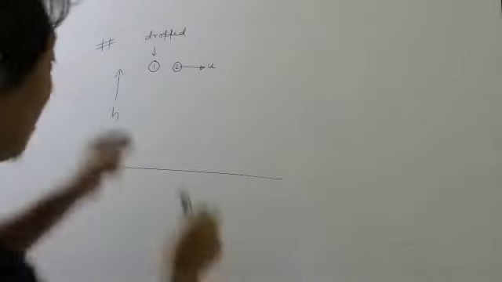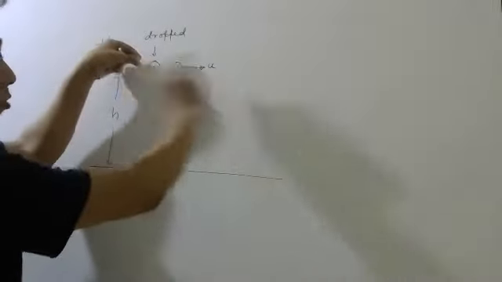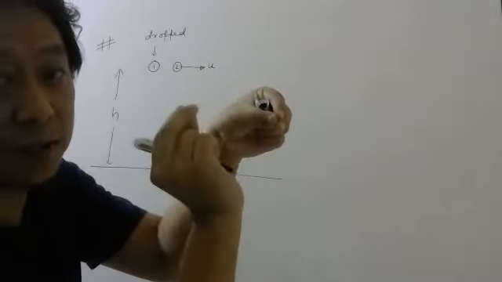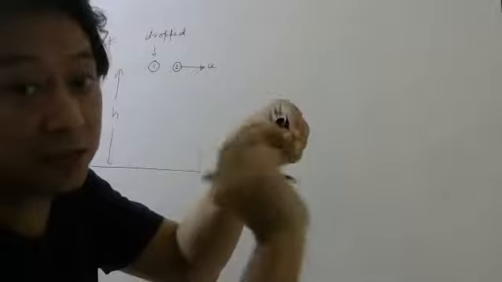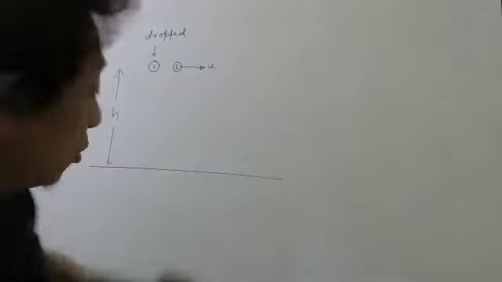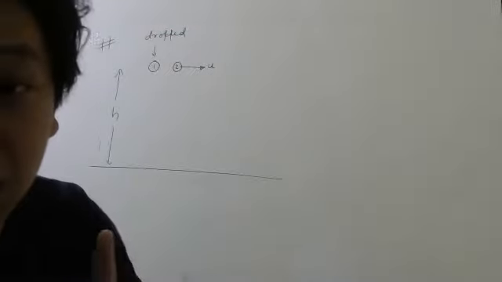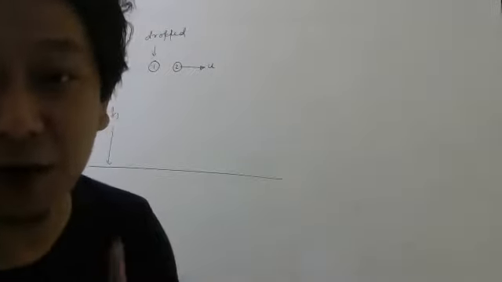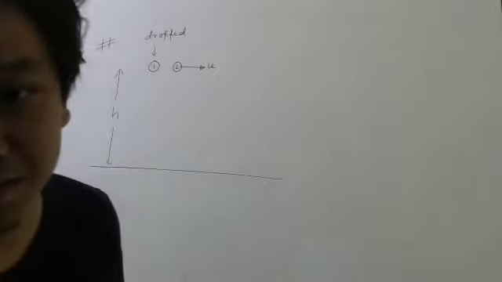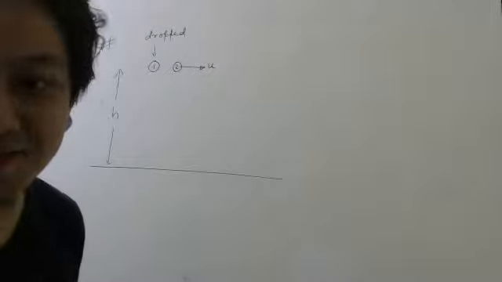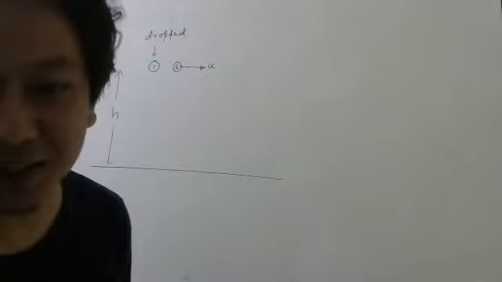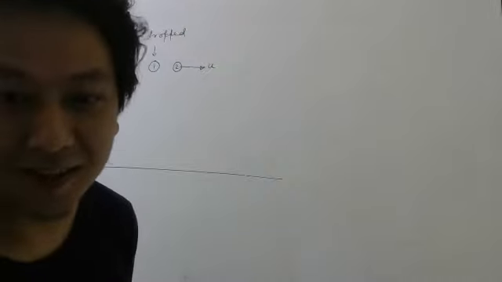Question is, if I drop this one and I throw this one at the same time, this one I will drop, this one I will throw horizontally. Students, not at some angle, horizontally. Then which one will reach the ground first? Ball number 1, ball number 2, or both will reach together? What do you think? Ball number 1 will reach first. Everyone know?